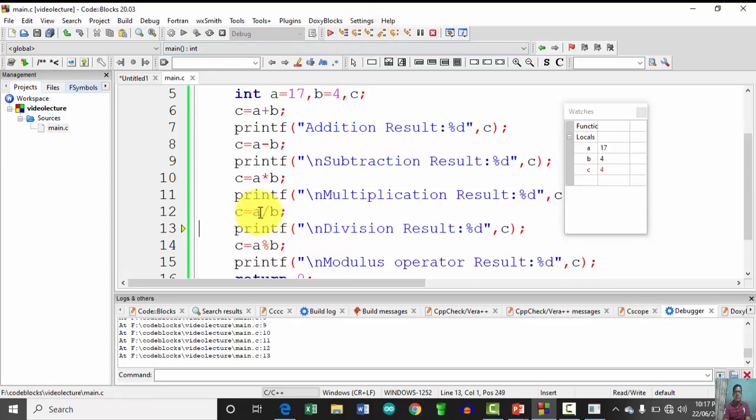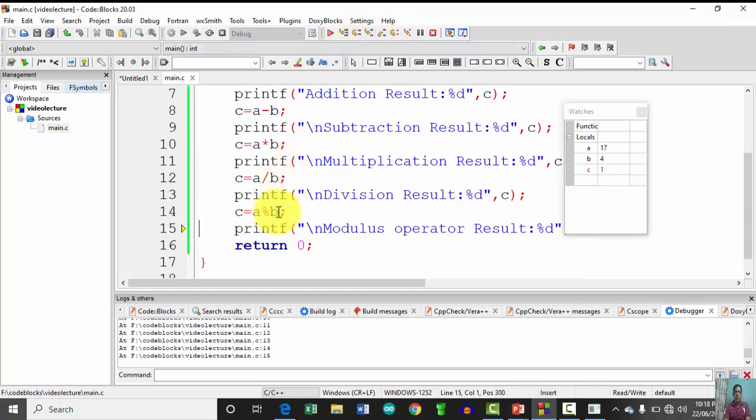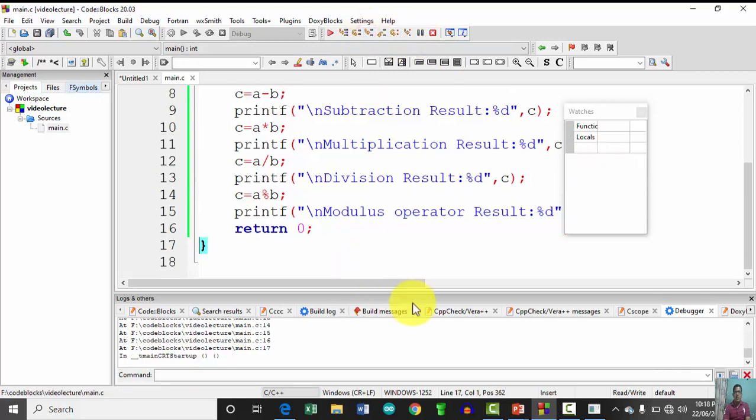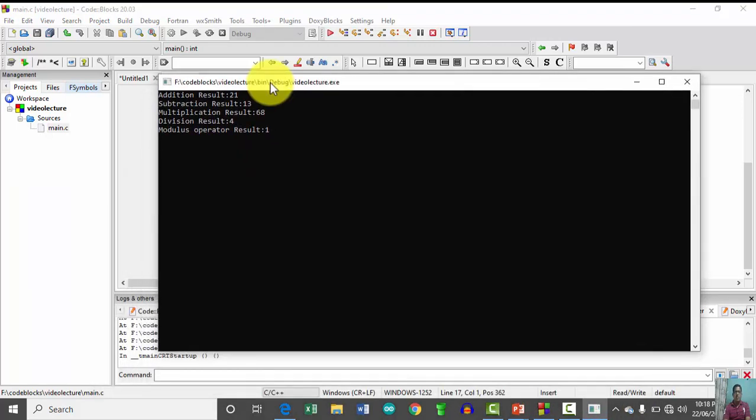Now when I use the simple divide sign, we get the quotient value, that is 17 divided by 4, the result is 4, and it is assigned to variable C. And next, A mod B, the remainder value, that is 1, is assigned to variable C, and the same is reflected on the output window. So here is the result that we are getting on the output window.